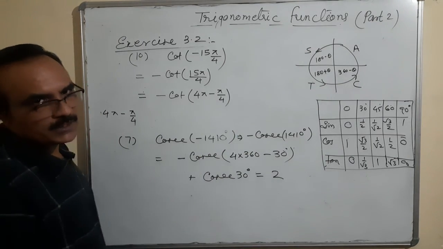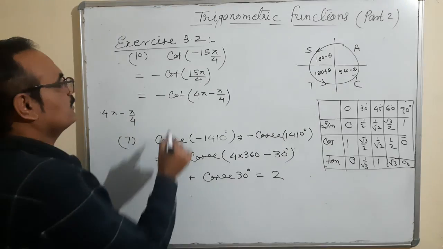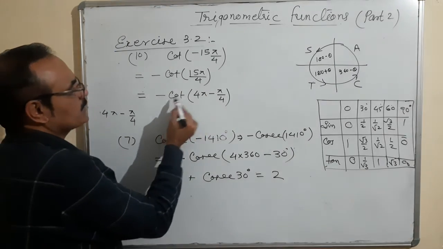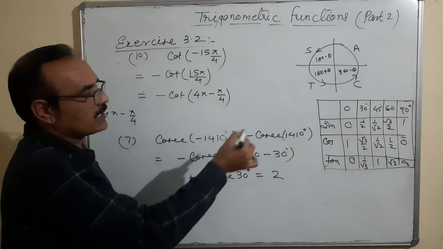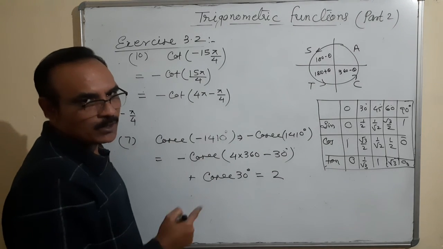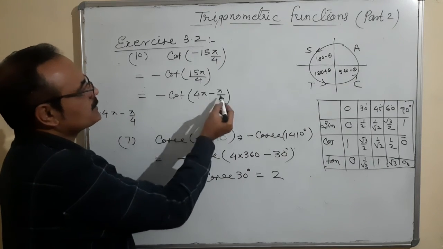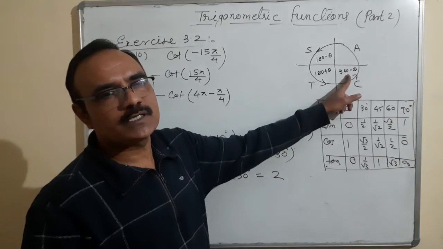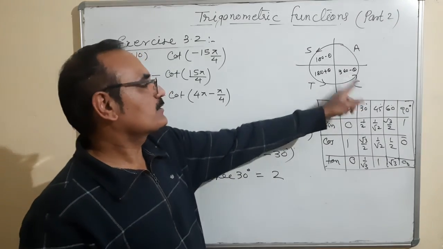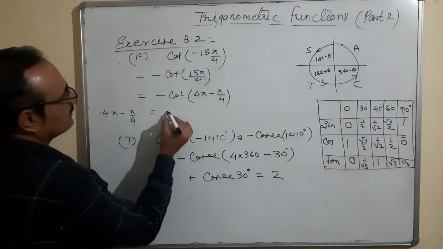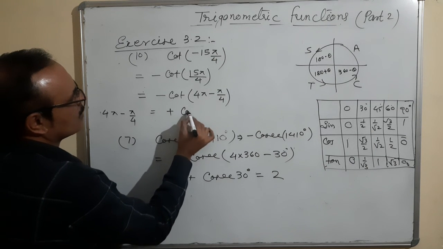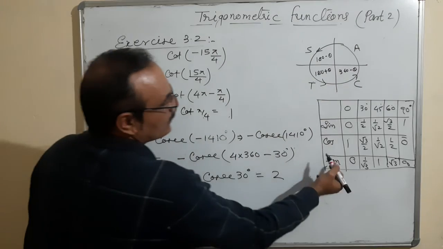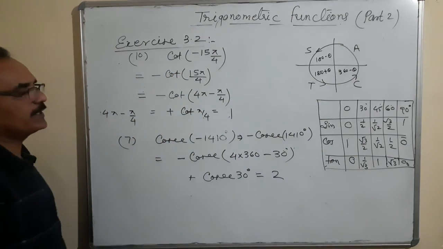This question I am solving by the radian way. So cot of 4 pi, 4 pi is 720, that is 2 multiplied by 360, because beyond 360 it starts revolving again. Cot of 360 minus theta: cos and sec are positive, others are negative. So minus and one more minus, it is plus cot pi by 4. And cot 45 is 1 upon 1, it is 1.